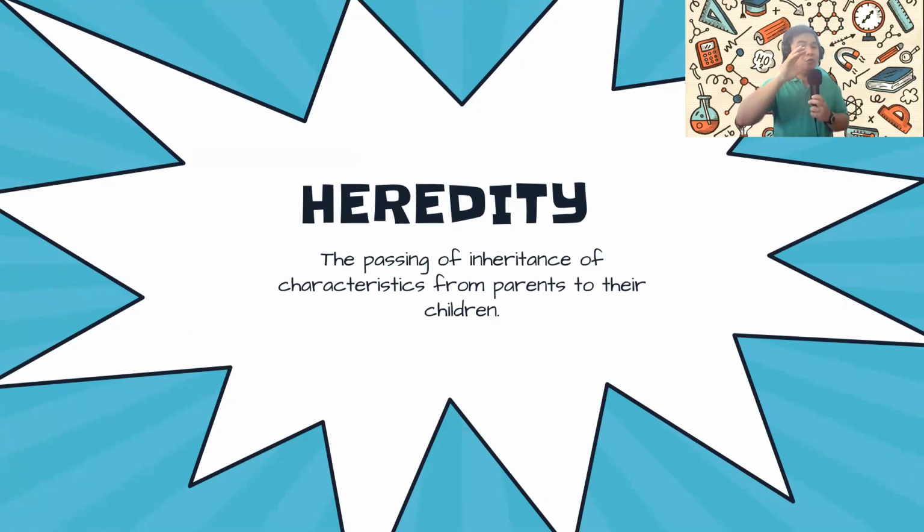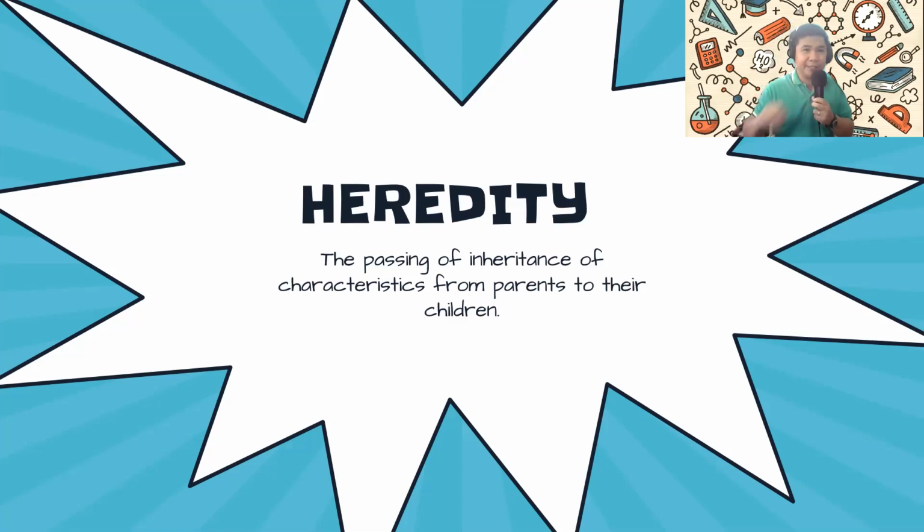Now, what does inheritance mean? Inheritance in simple terms is something that a parent or a grandparent will give to their son or daughter or grandchildren. It is what the parent will leave and give to their children. That is inheritance. And let's go to the next word,